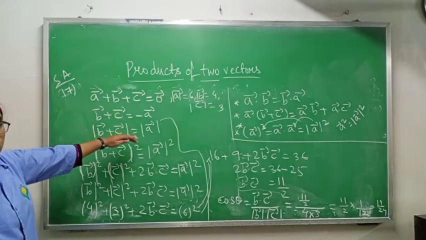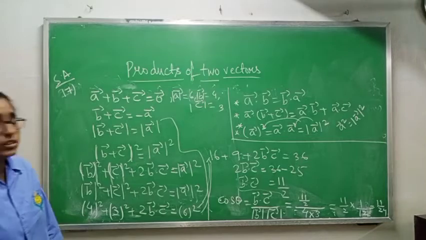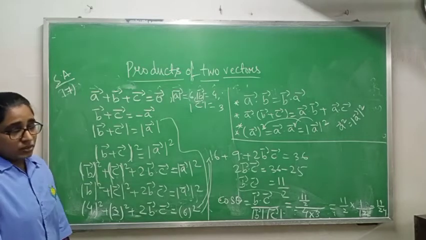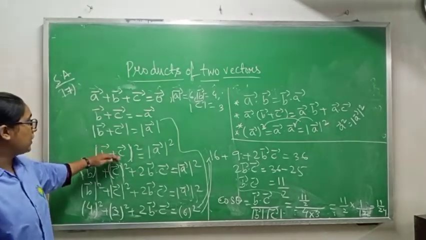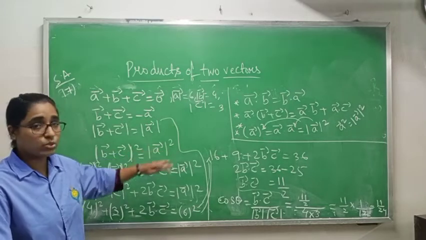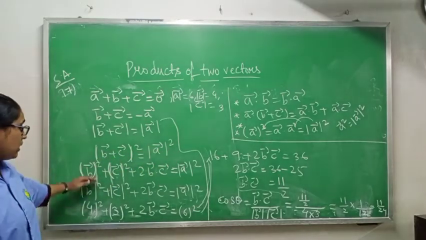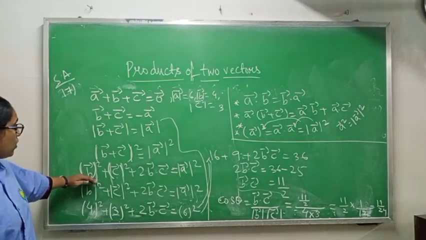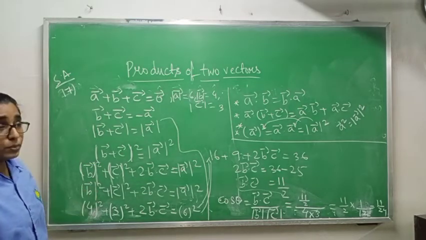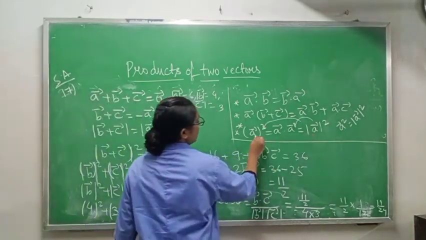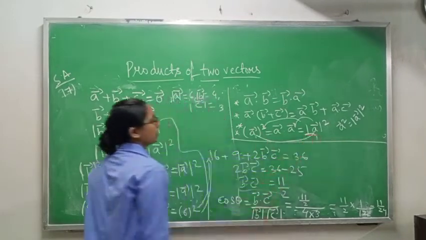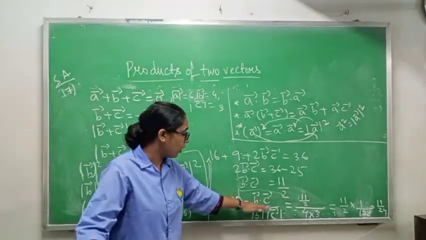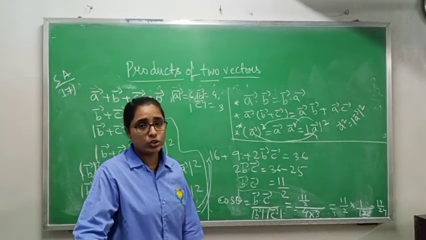Now I am taking the mod on both sides. When you take the mod, the minus sign will be removed. That is why it is mod a vector. Now squaring both sides, you will get |b vector + c vector|² equals |a vector|². Now the formula of (a + b) whole square is a² + b² + 2ab equals mod a vector square. In place of b vector square you can write mod b also, because of property 3 you can write this. So I am going from here to here. Same I have done with c, but I am not writing it for b and c together, because to solve this one we need b vector dot c vector, not mod b and mod c.